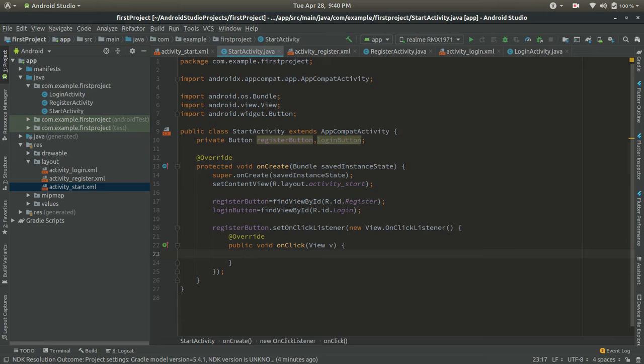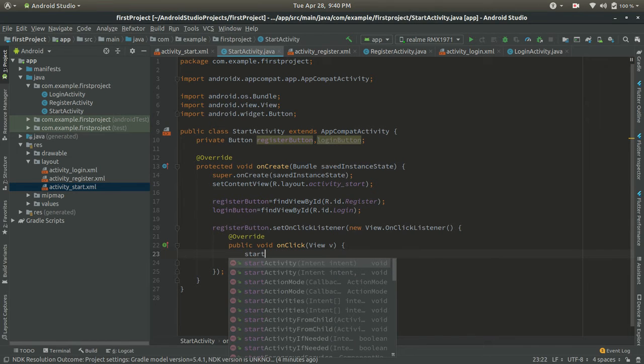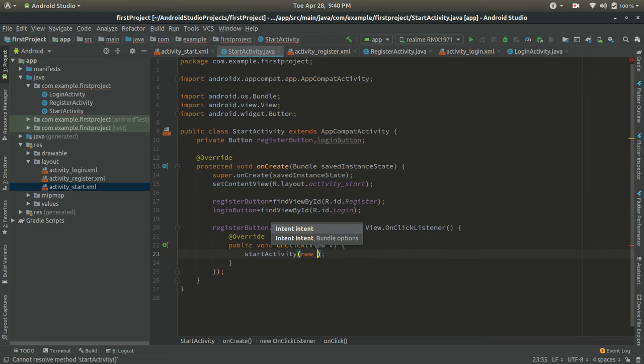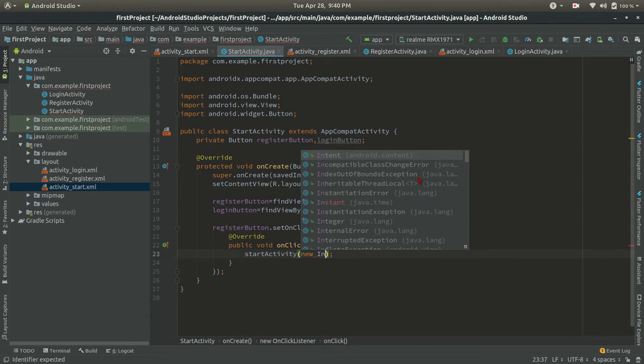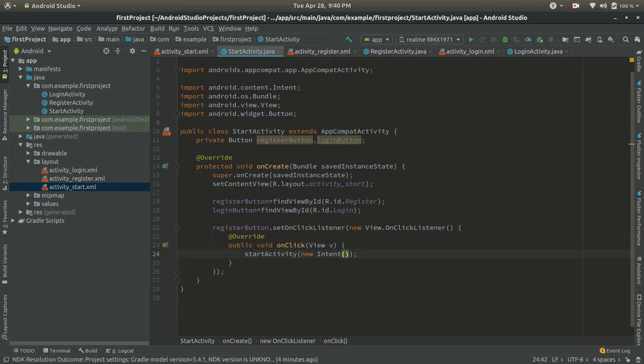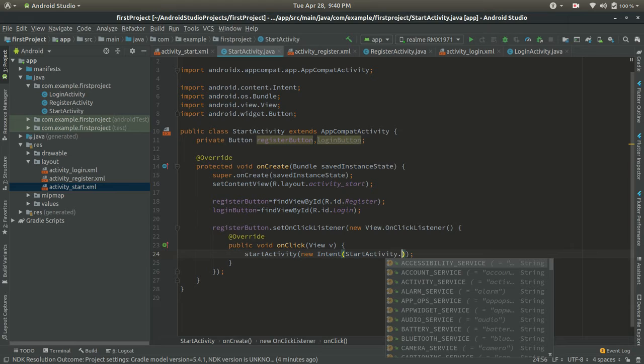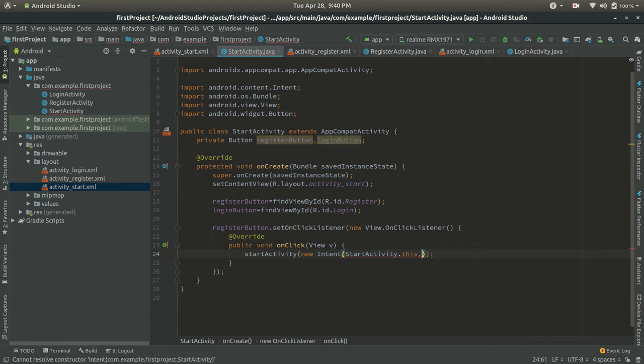And now we will start activity, new intent, and the current activity is StartActivity.this comma, it will go to RegisterActivity.class. So after clicking the register button, it will go to the register activity class, and now we will finish it.